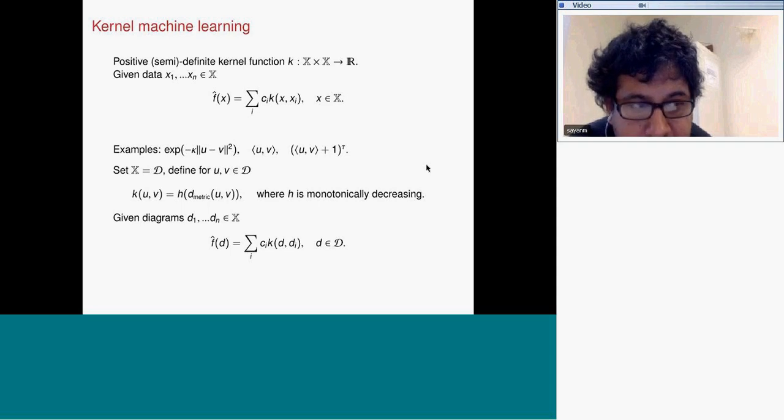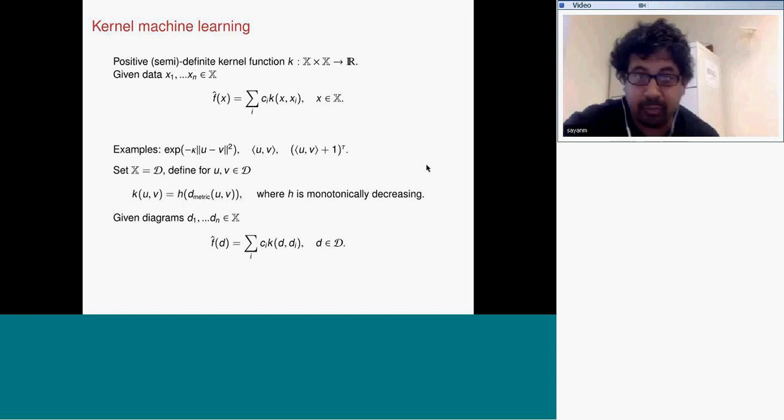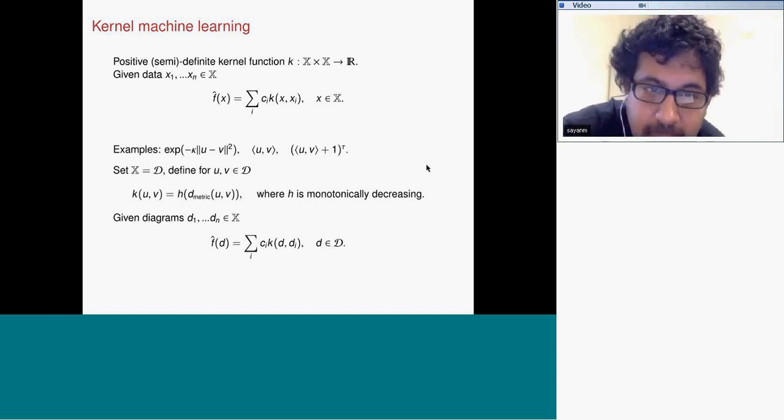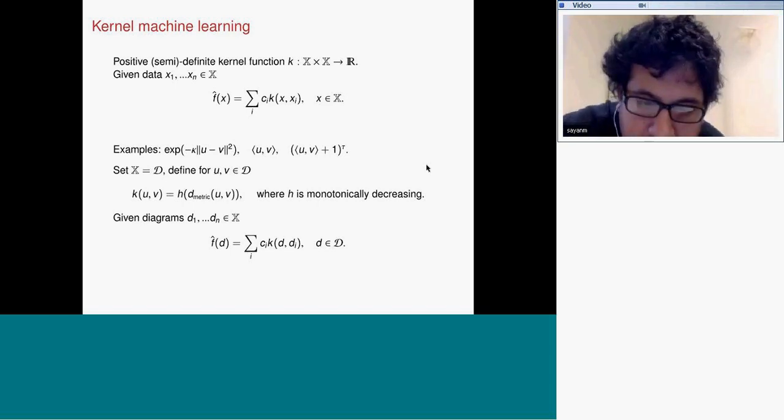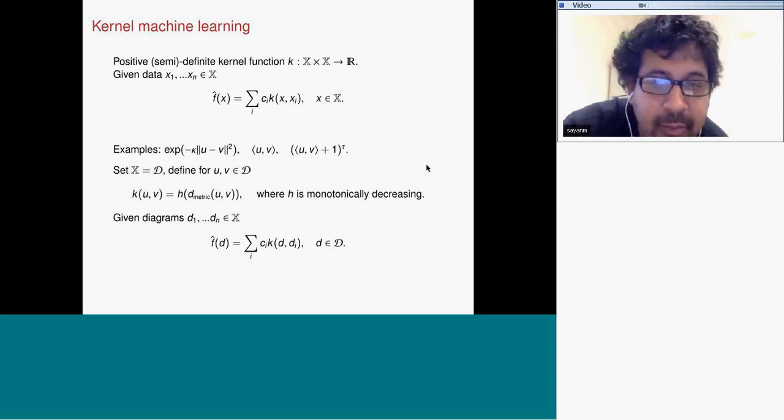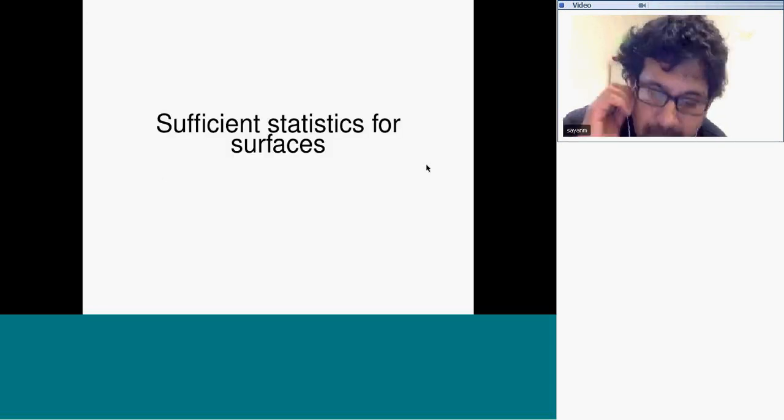It's an openish question whether the geometry of these summaries or diagrams changes how we do function estimation. I think that's pretty open, and thinking about how to adapt the variety of kernel-based machine learning algorithms out there to this type of setting is also something where a lot of work can be done.